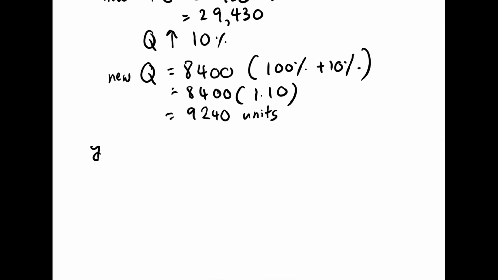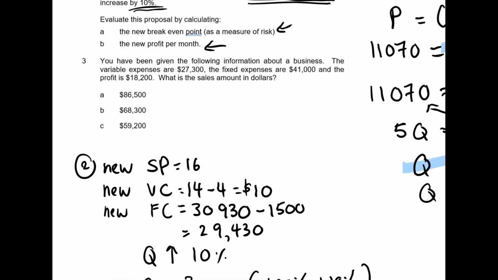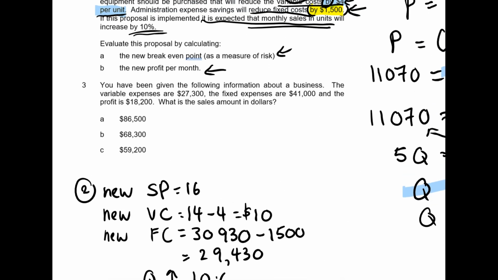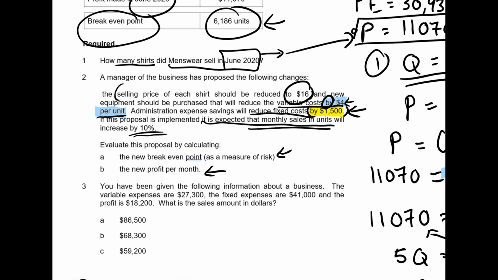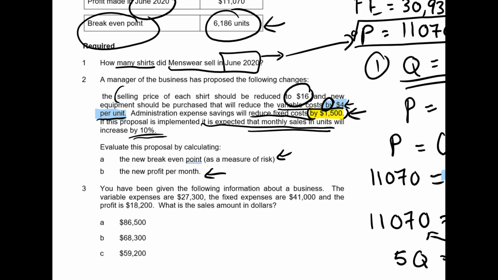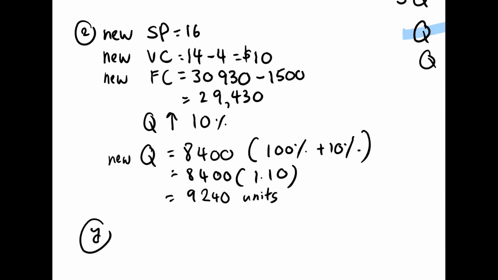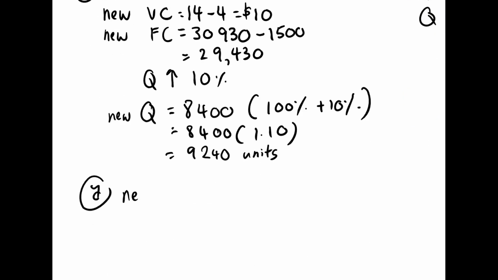So if they are asking for a new break-even point, you need to see whether they are asking for break-even point in units or break-even point in dollars. Since the question didn't mention anything, you need to compare your new break-even point with the old one, which is in units. So we are going to calculate your break-even point in units. Okay, so number 1, my new break-even point in units